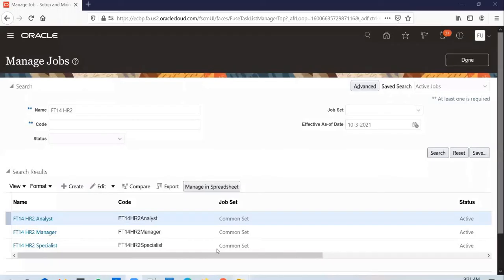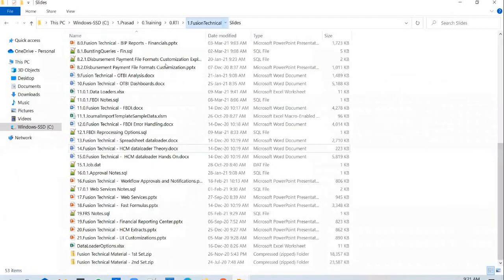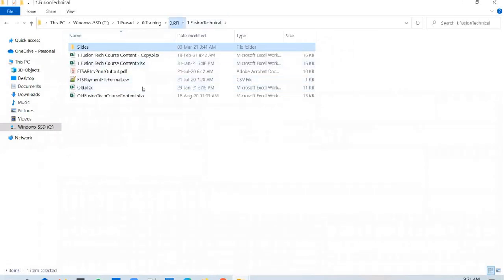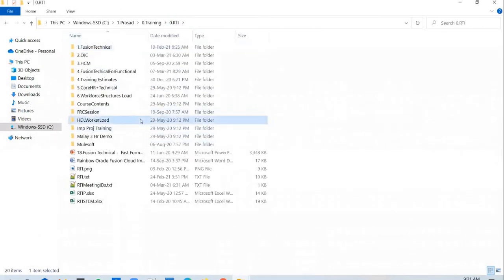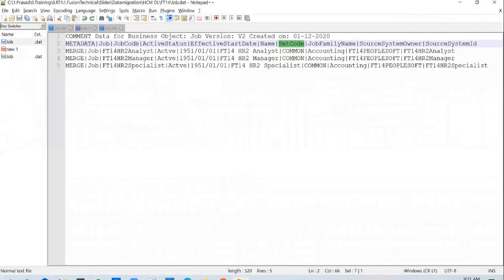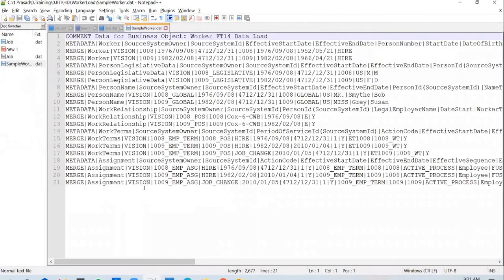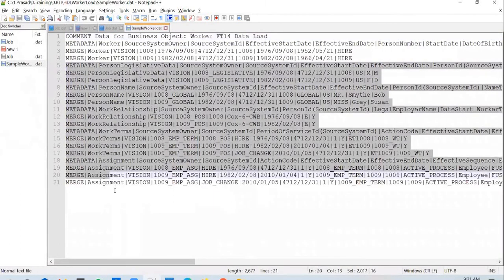If you have additional metadata rows, what you need to do is prepare a file like this. I will share the sample worker load file. So if you have multiple metadata, if you want to load data into multiple sections, you will prepare a data file like this.